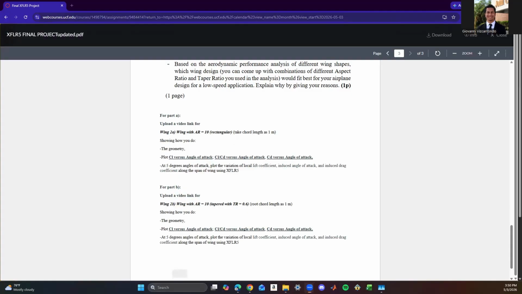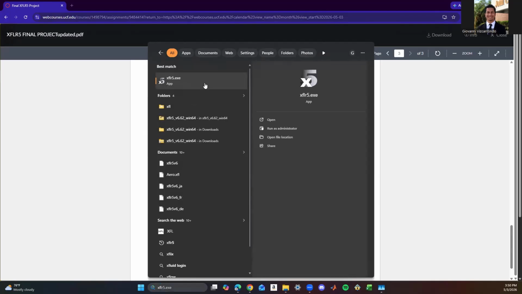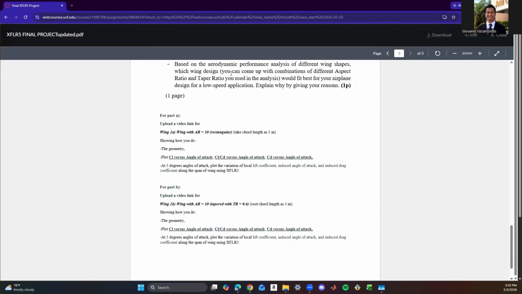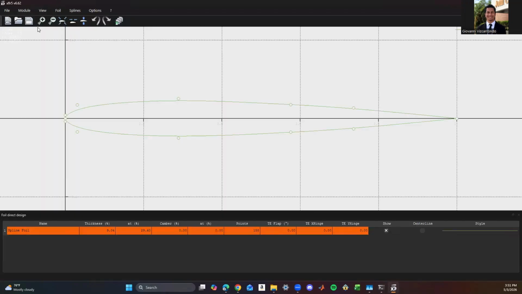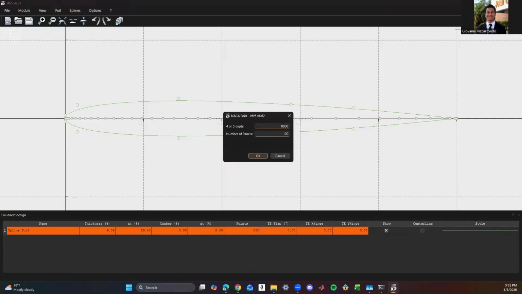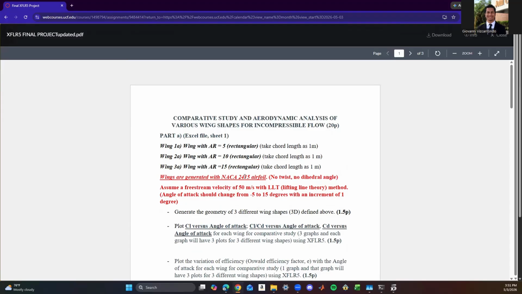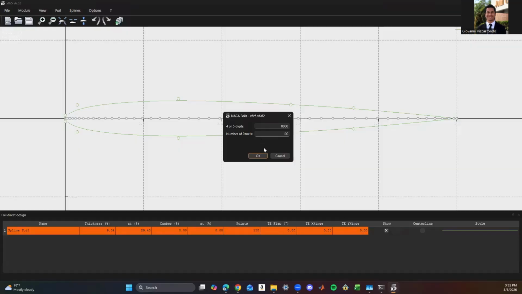So let's open the XFLR5 app. All right, so now that we have it open, we're going to go to module. We're going to go to direct foil design. We're going to hit foil. We're going to do NACA foil. In the assignment, they asked for a NACA 2415 airfoil. So basically, we're just going to hit